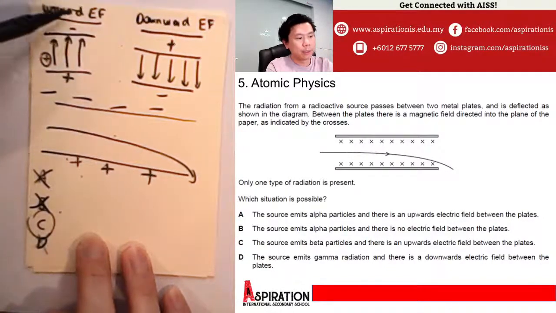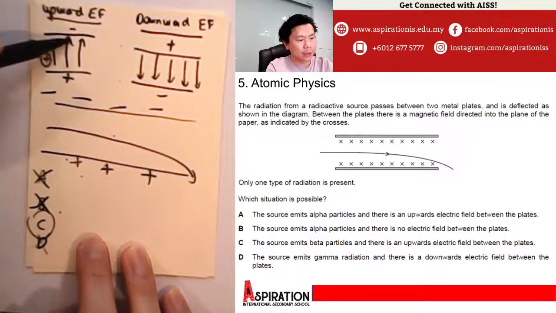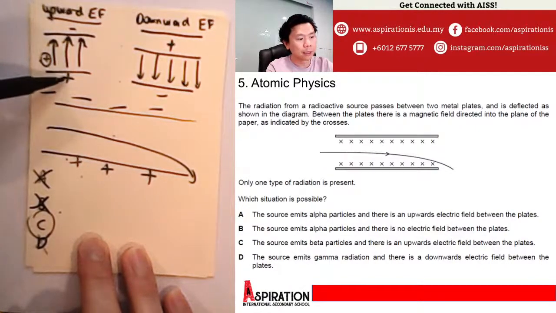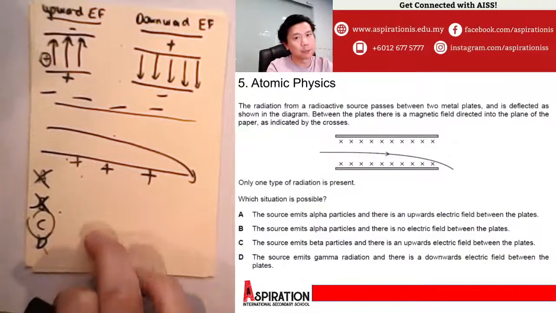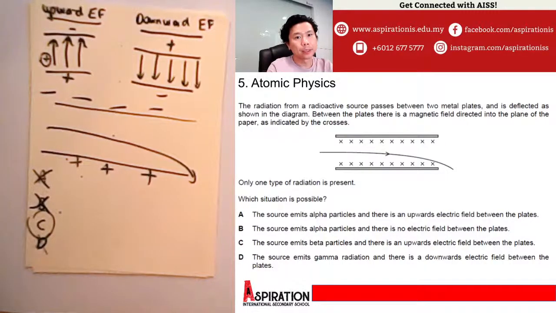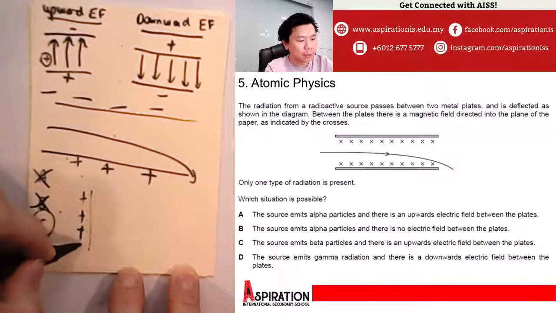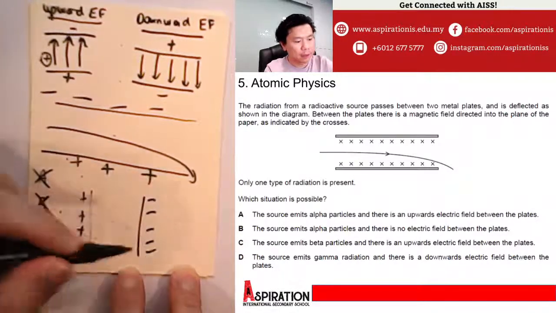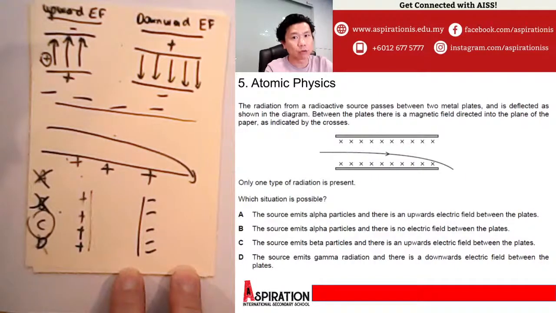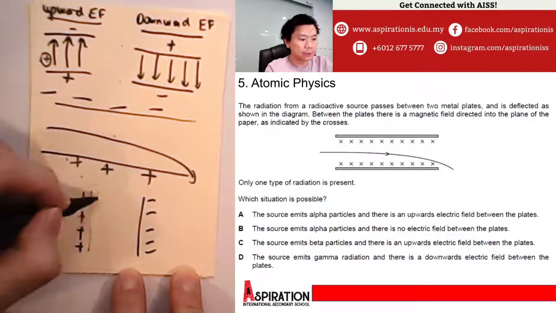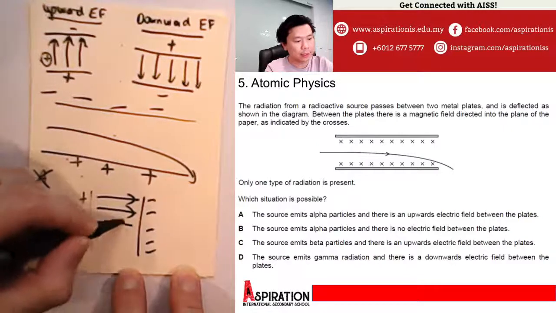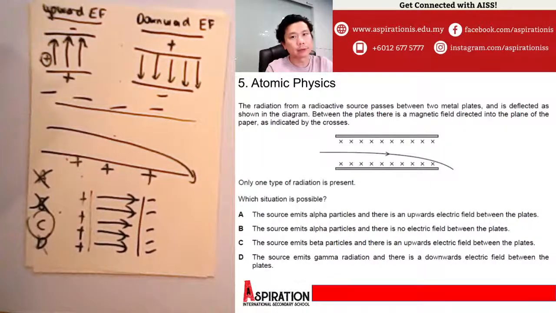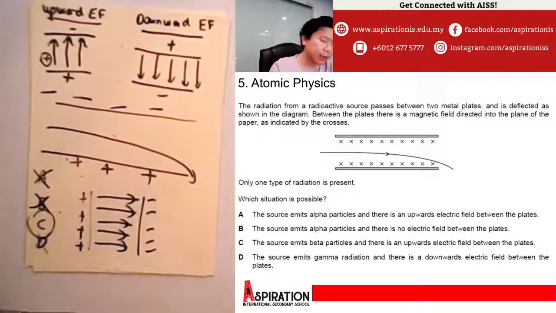All right. So upward electric field means the arrows are like that, and this arrow represents force on a positively charged particle, and that can only be true if the positive terminal is at the bottom and the negative terminal is on top. All right, so I hope you know whenever they give you a positive terminal like that and a negative terminal like that, you know how to draw the electric field lines, right? All right, the electric field lines are like that. So in this case, we say that the electric field is to the right, a right direction electric field, right? Okay, Elisa, I hope that's clear.